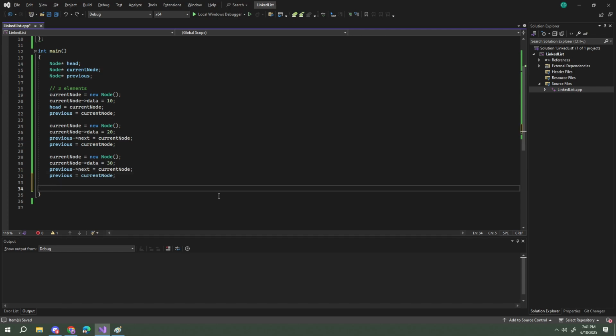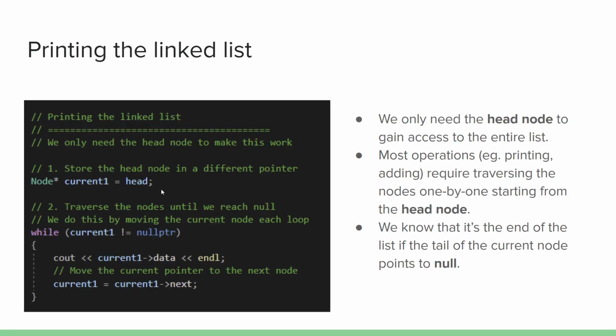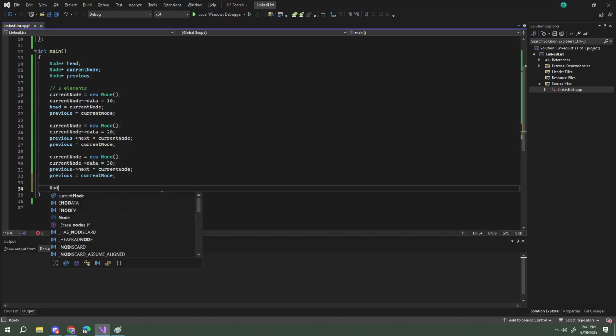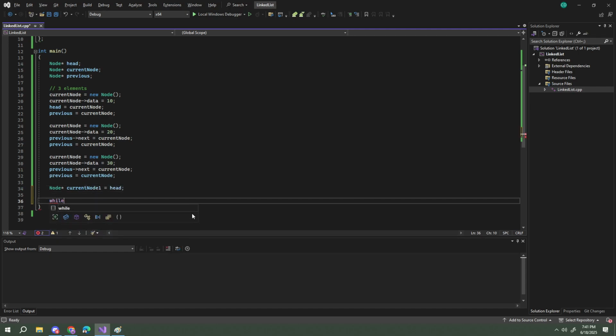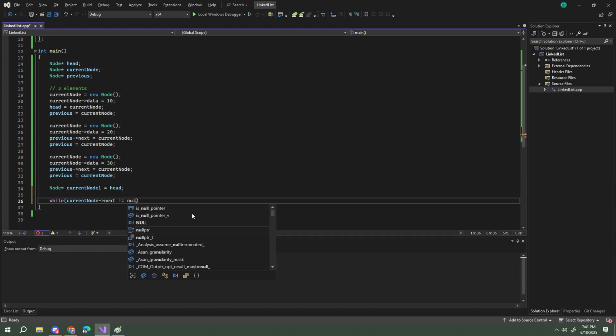So in order to print out this linked list, you just have to say node, let's say current node 1 is equal to head. So literally we can also just use current node, but just to make it different. While current node next is not equal to null pointer. Meaning,